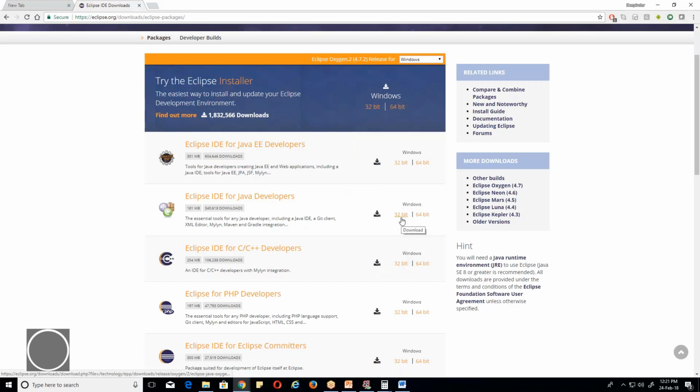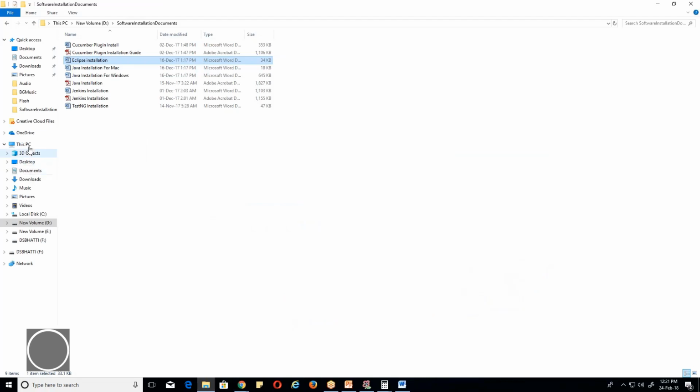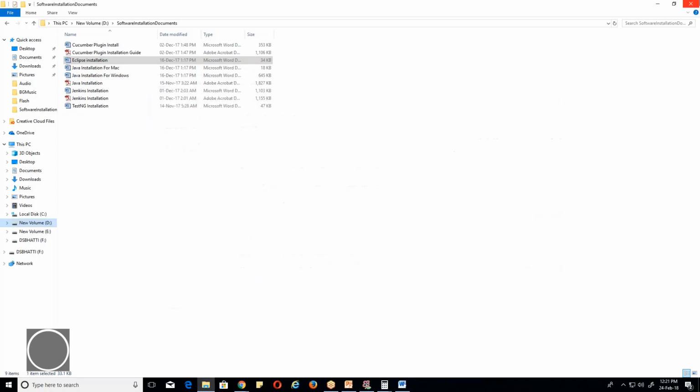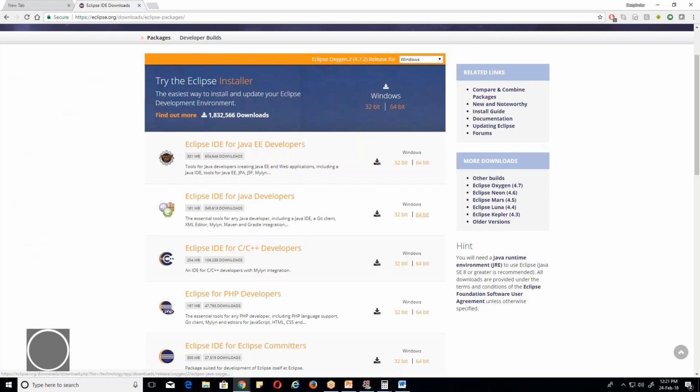Choose your operating system, whether it is 32-bit or 64-bit. How do you know which operating system you have, is it 32 or 64? That is easy. Just right click This PC, go to Properties, and in this window you can see it says System type. Here for me the system type is 64-bit operating system. Just check what is there in your system. If it is 32, download the one corresponding to 32. If it is 64, download the one corresponding to 64. Since I'm using 64, I'll click on this 64-bit,